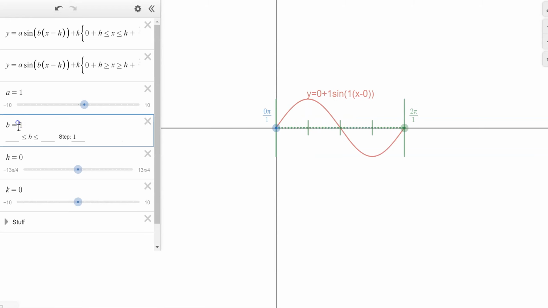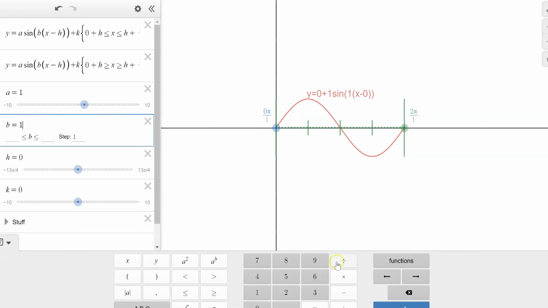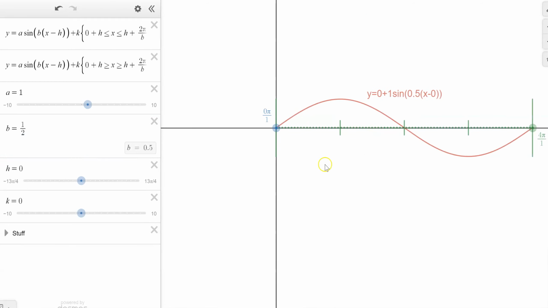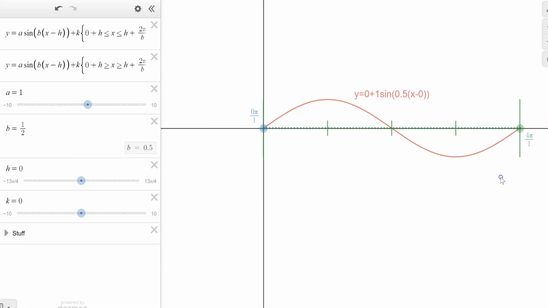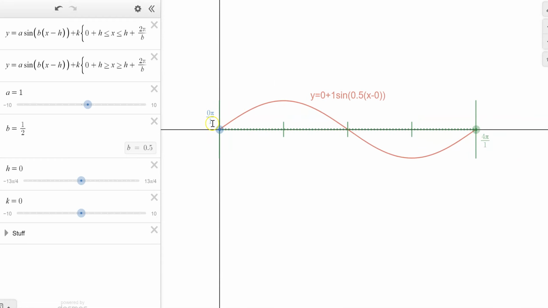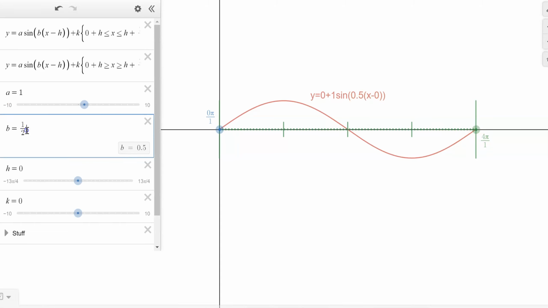And if we do a fraction, like a half, so I put a half in there now, you can see that it happened twice as slow. It's very, very slow. So instead of being at 2 pi, it now does it in 4 pi, because if you take a fraction and flip it, then that's how you're going to get your number. So this is actually 4 pi. It'd be 2 pi divided by a half, which is 4 pi. So that number in there, so if I had done a fourth,